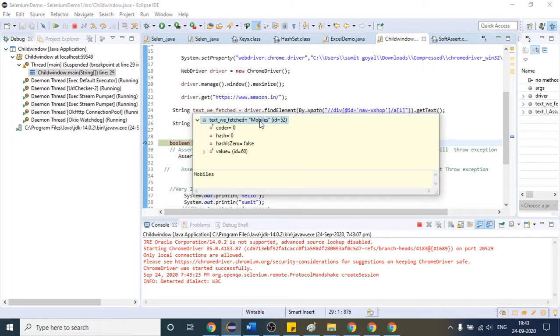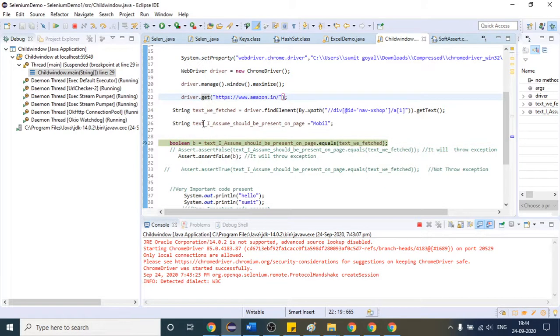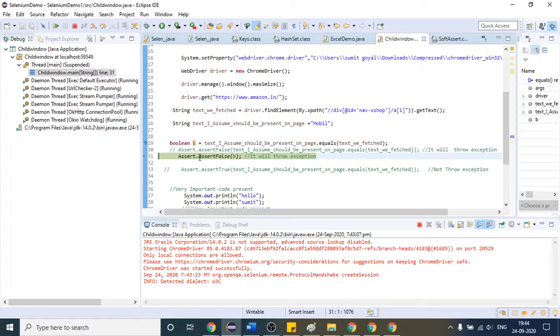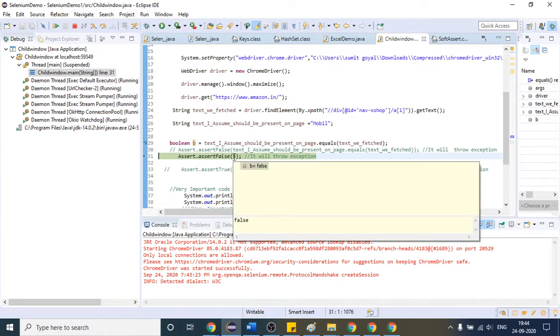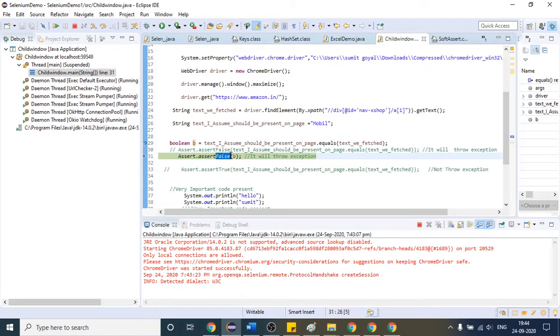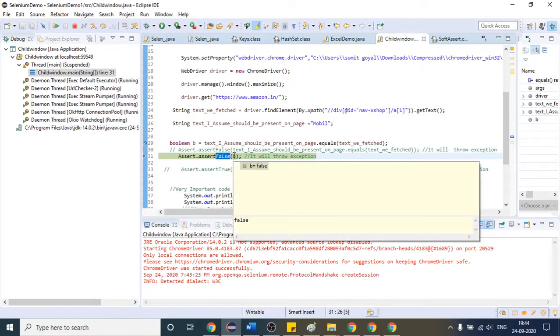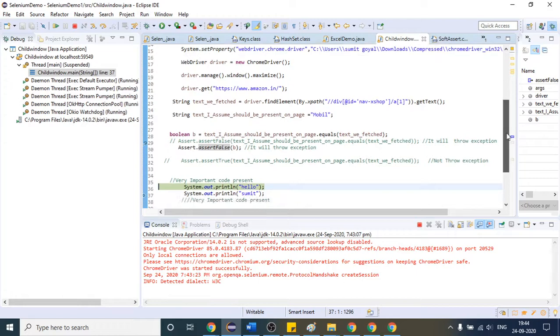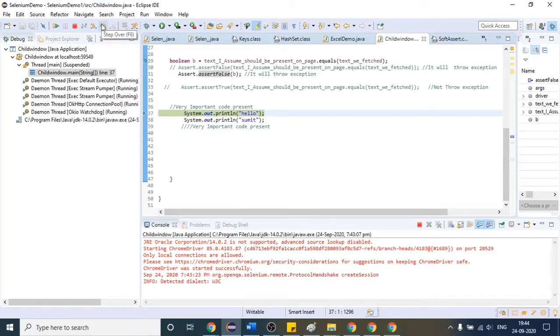What we are comparing with is this one, which is not correct, so this will have false. If I click this, you can see B equals false, and inside that false will come. As we are using false, and inside that also false will come, this will not throw an exception. We will come from here to after that, so we will be able to execute our very important code.